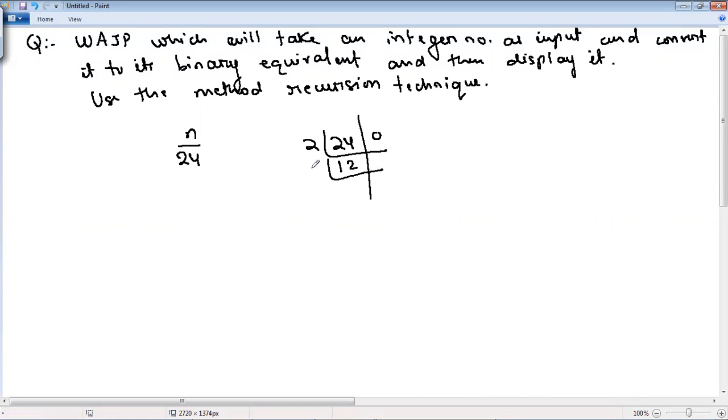Then divide 12 by 2. 2 6s are 12 and then remainder 0. 2 3s are 6, remainder 0. 2 1s are 2, remainder 1. Now this is the base case. What is the base case? See,